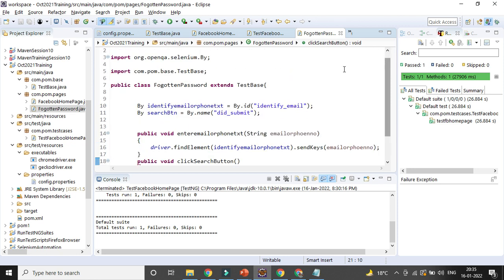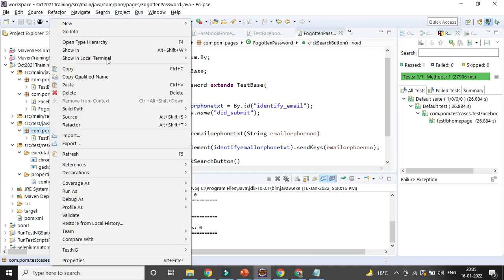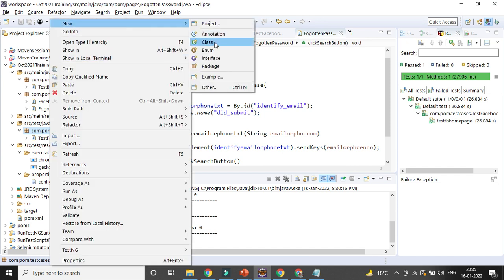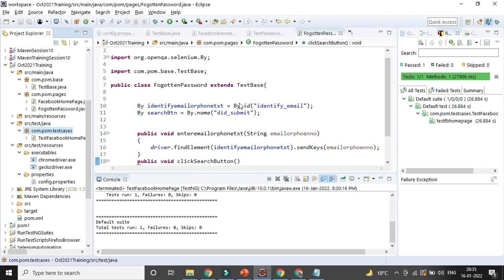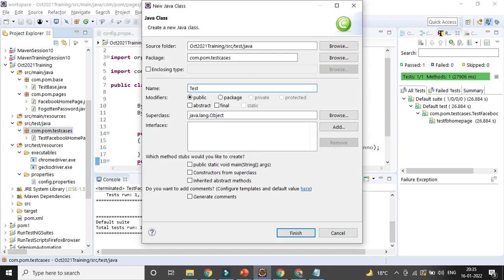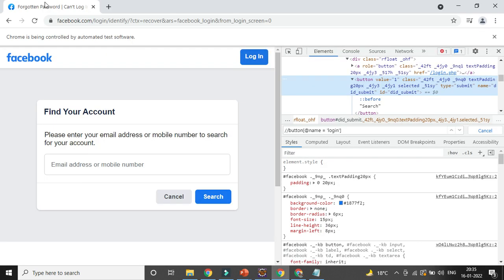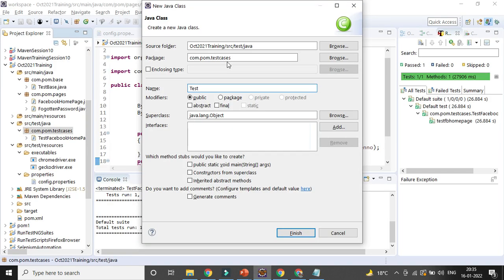class. Then for the other pages I will be creating other test cases, right? So I will be creating another test class. What is the class? Where there are test cases, so it will be Test, right? Test. What is the page name? Forgotten password. So that's how you can easily identify it,